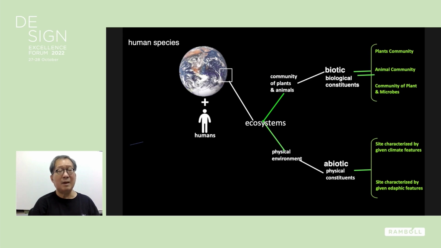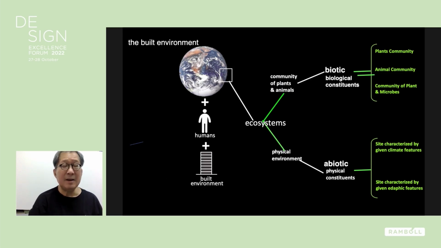And with this power, we have to exercise this with great care. Now, we make things. I call this a built environment. We make more things than any other species in nature. We make buildings, we make infrastructure, we make all sorts of things. We make clothing, we make toys, we make food.